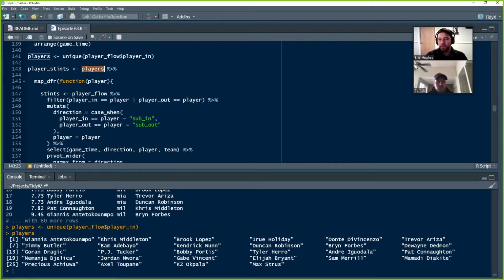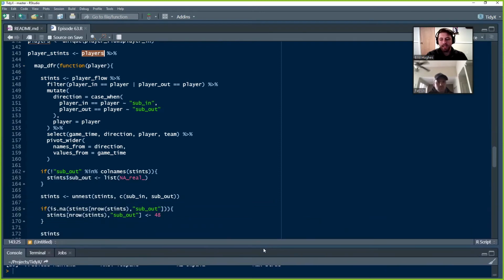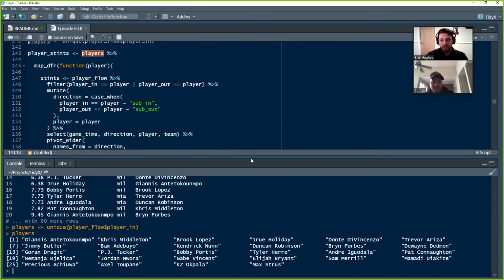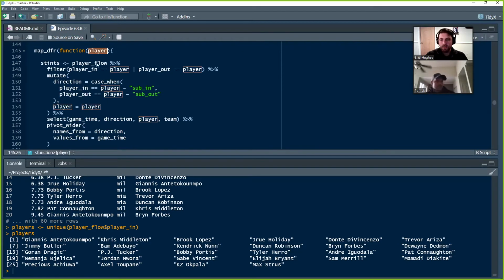Now we're going to go over each player. We're going to map across each player and do some data manipulation here. We'll step through a single player first, and then the logic will flow through the rest of them. So let's set player to be Giannis